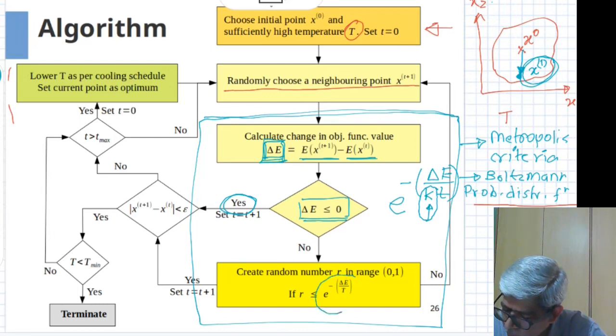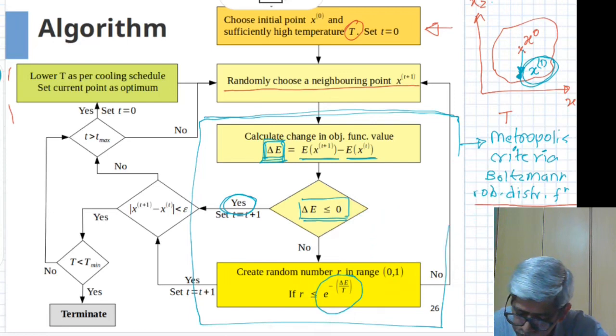So if you look at the probability function written in the flowchart, the k or the Boltzmann constant is not there, because we are not dealing here with real energy and real temperatures. They are just analogous quantities for us. However, we see here that this particular probability function is depending on the value of delta E and the value of T, that is the temperature. So let me just write this in more clear fashion. So we are having the function which is e raised to minus delta E divided by temperature.